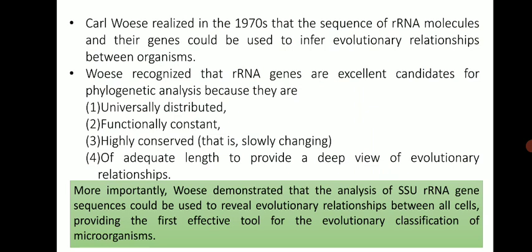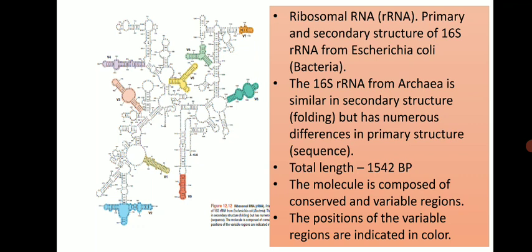So basically, this technique of 16S rRNA phylogenetic analysis tells about the evolutionary relationship among microorganisms, meaning how microbes evolved from one common ancestor and how they are evolutionarily related to one another. The main molecule for this technique is the 16S rRNA gene, the gene that codes for ribosomal RNA, especially the 16S rRNA part. In this figure you can see the structure of the ribosomal RNA molecule,